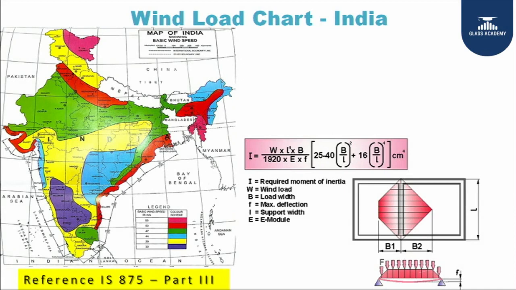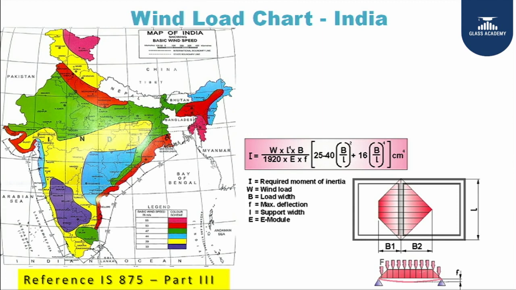There are basically three parameters we need to look at when we design a window. It is very simple to understand. The first one is the wind load. I am sure most of you are aware that all buildings which are constructed follow norms, which is the IS 875 code or NBC 2016. So you have those wind load charts already available. Since the building performs to those wind loads and the window is part of its facade, the windows too need to perform on those.